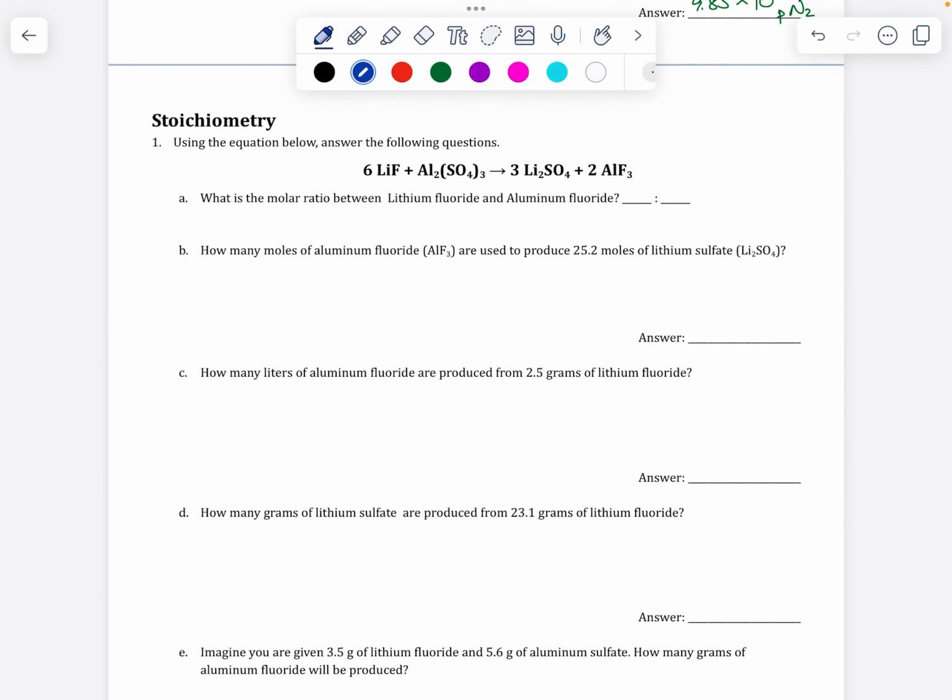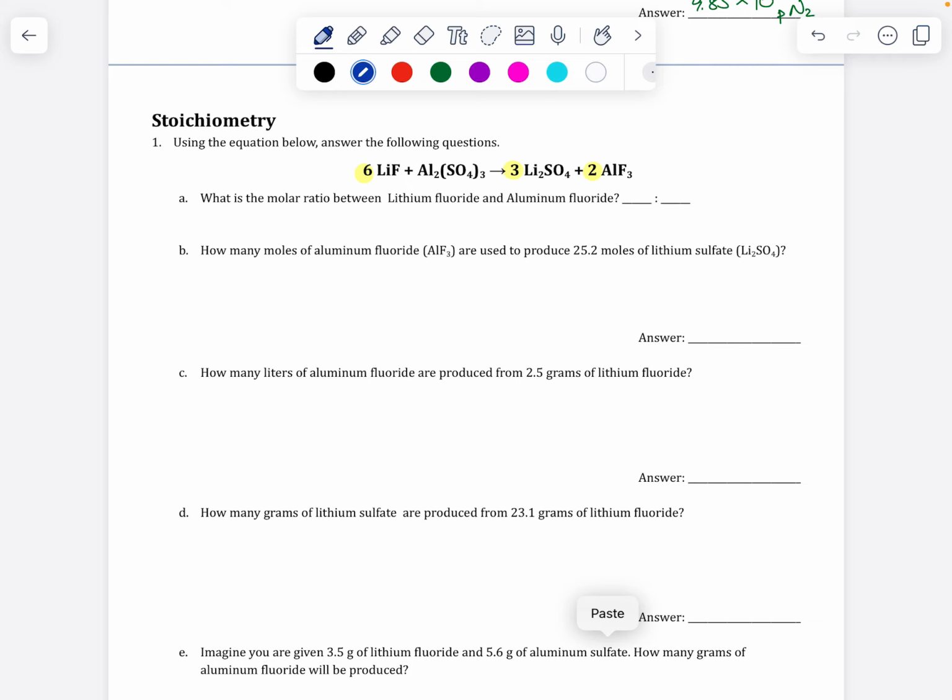All right. So next part, we are going to be doing stoichiometry. Let's see. So when you see the molar ratio between lithium fluoride and aluminum fluoride, that is just talking about the coefficients, right? So here are all of our coefficients. There's nothing there, so that means 1, right? And so if we want, we can even get rid of that and know that it's 1. But those coefficients, and why a balanced equation is so important in chemistry, is that it allows us to connect substances